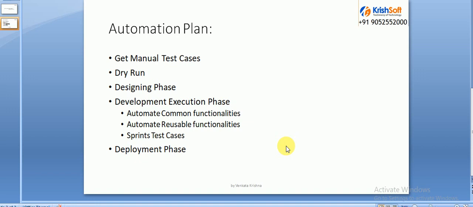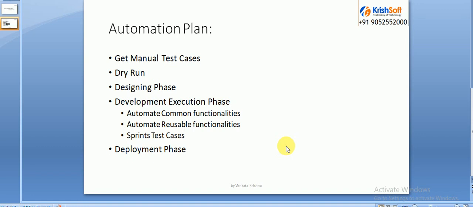First you need to design the automation framework. Next is the development phase. You are going to develop the common functionalities, reusable functionalities, maintain your configuration files, maintain your drivers, configure your reporting formats, and any API related work you are using, maintain your JSON files, JSON libraries, maintain your pom.xml, and the dependencies you require.